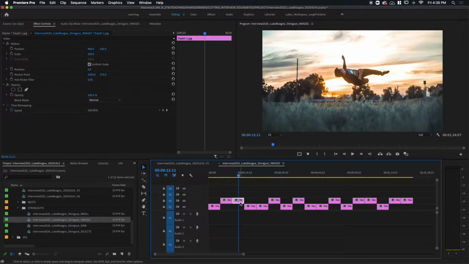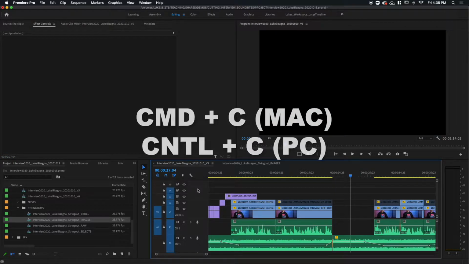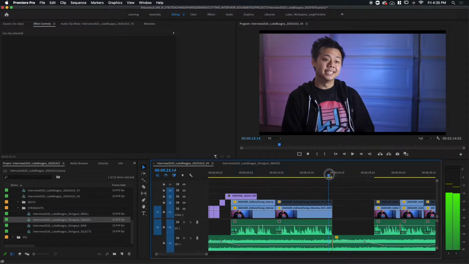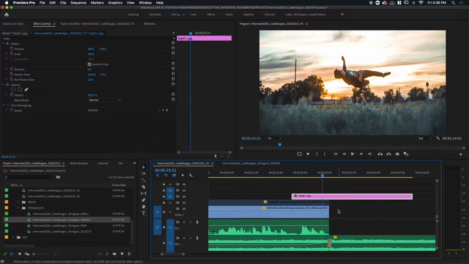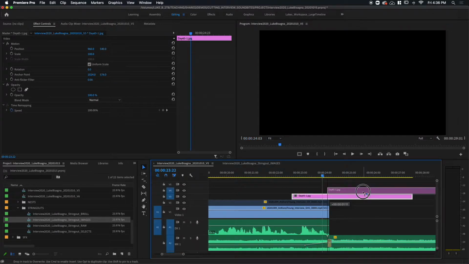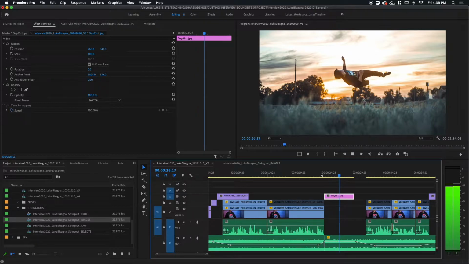So just like we did with B-roll and the sound bites, I'm going to copy this, Command or Control C, and head over to my interview sequence and make sure that it lands on V3, this track here, by turning off V1 and V2. And at the playhead, I will paste it in, Command or Control V. And I think what I want to do is have it appear right on the beat after he finishes his soundbite here. Into it. Cool. And then I want it to end on this snare hit here, right there.